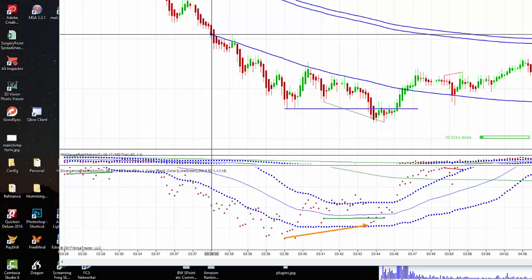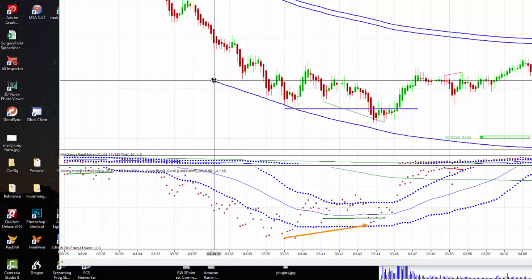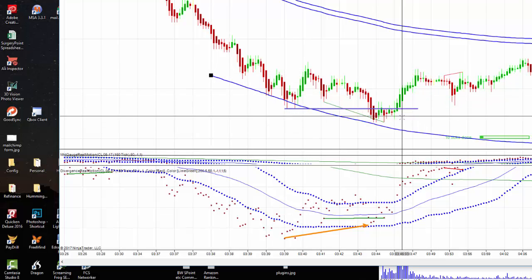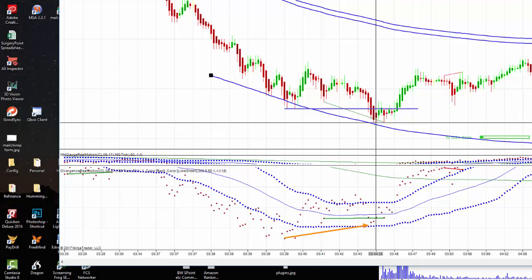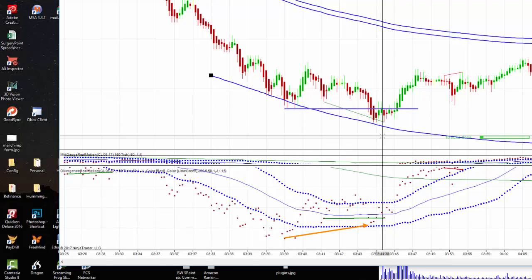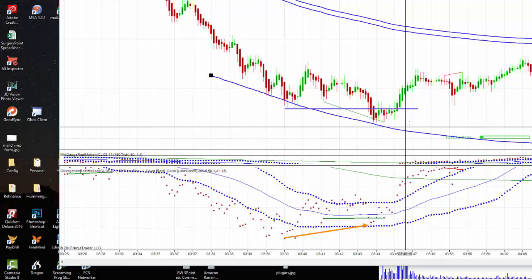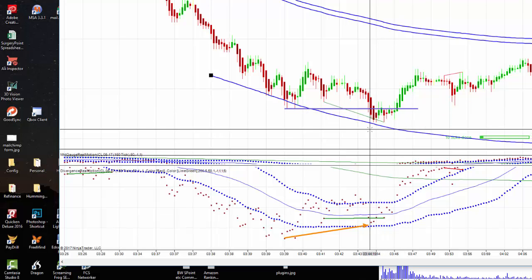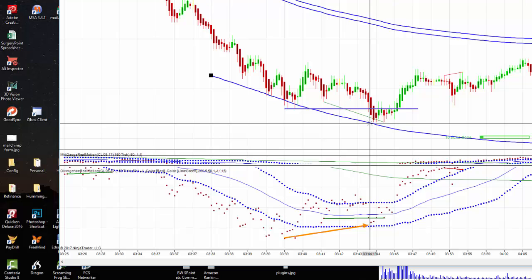And then when we start bringing the Midas curve into the equation, in this case, it would have to have been calibrated to the low of the body for it to actually get into proximity here. But we would just know that this whole area is a zone, and then once we integrate the Midas curves and other things into the equation, we would just know that if we're in a zone and it touches a curve, or it gets near a curve, we would get an alert, and then maybe the confirmation,